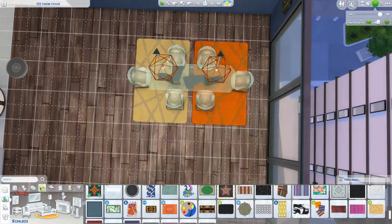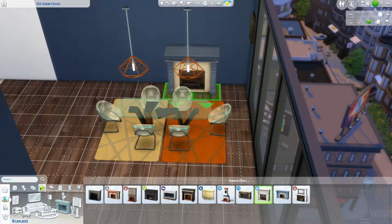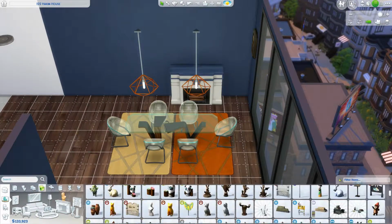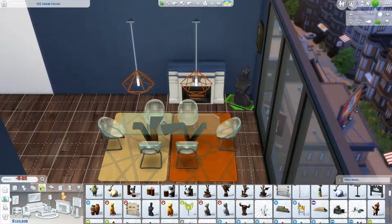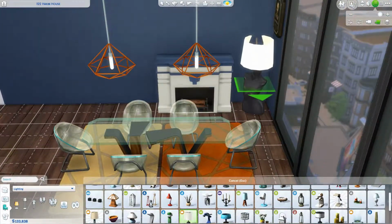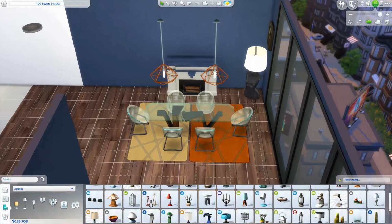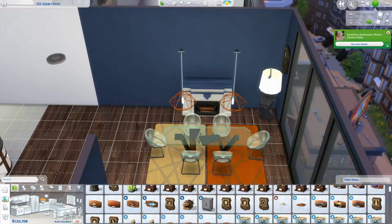to the owner's taste. So this sim who lives here is clearly really artistic and really likes everything designed and everything like that. So yeah, here you can see I've brought through the blue onto this wall as well, and then the dining area is kind of orange and yellow as well. And I wanted the fireplace to also blend with the blue, so I start with this one, but then I change it in a